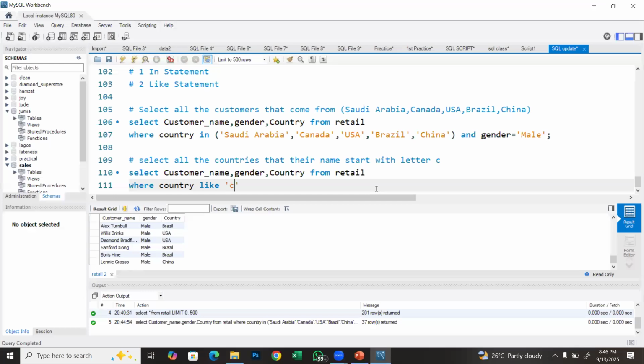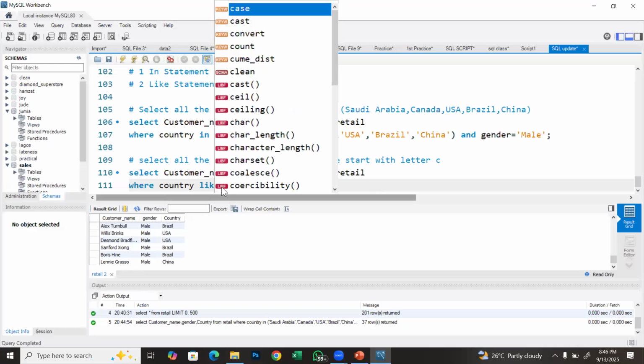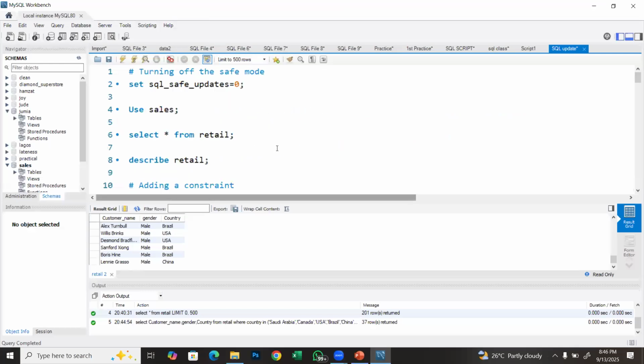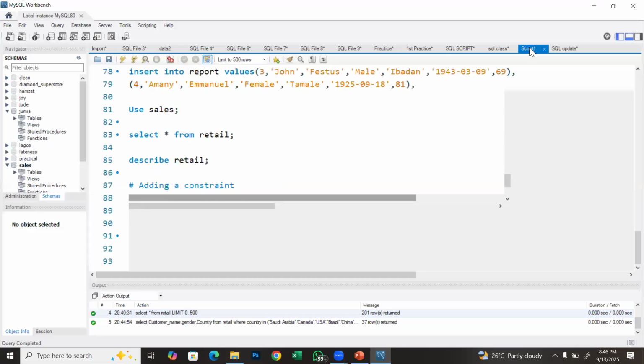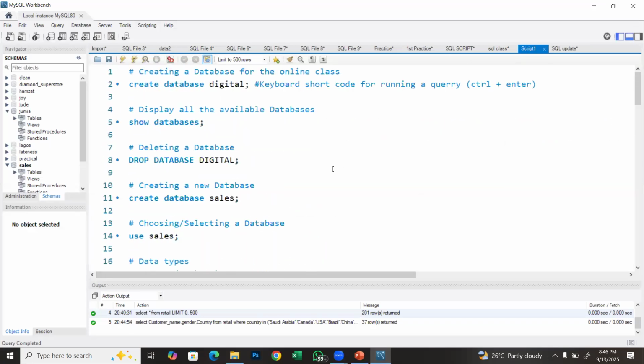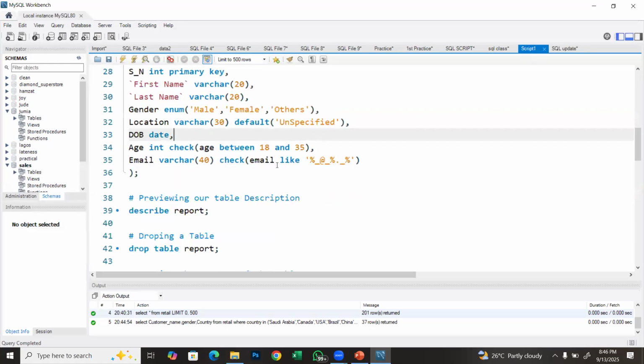We want C to start the word. Do you remember when we did check under this one? When we're talking about something like check, whereby we are using it to check for information, we use the like statement, right? We also use the like statement